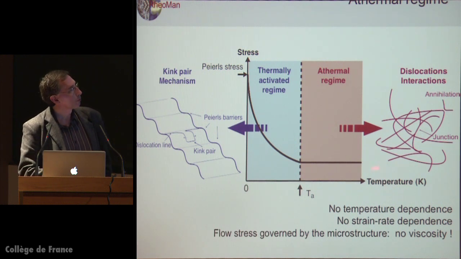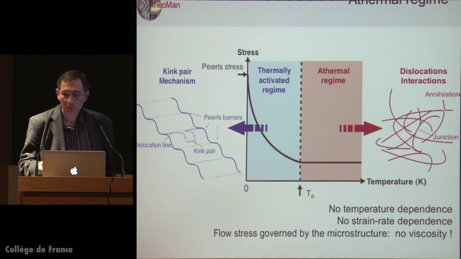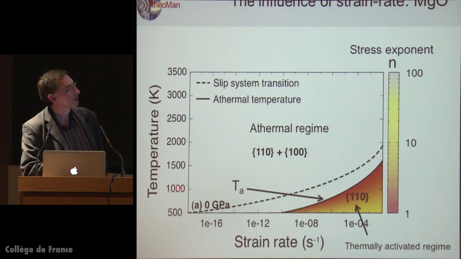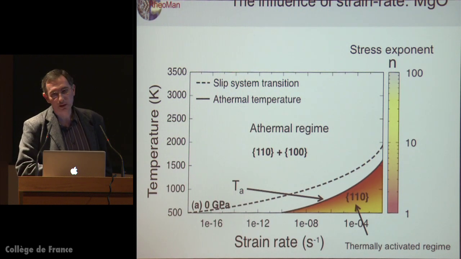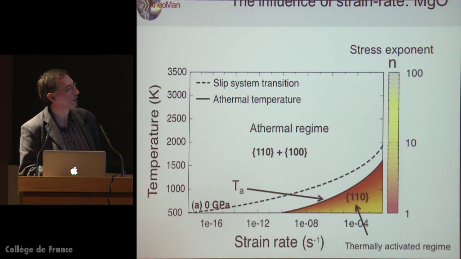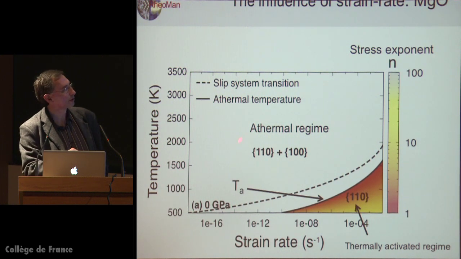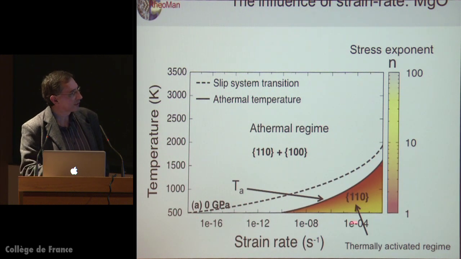Okay, the good point is that we have this law, but with the possibility to incorporate strain rate, so we can make deformation maps where the strain rate is obvious, and we can see the influence of strain rate. So let me just emphasize those two regimes: this thermally activated regime where it's viscous, and this ephemeral regime where it's plastic, and the boundary in between. You have strain rates here. This is the conditions of, I would say, the laboratory. This is the mantle, and we can see how this